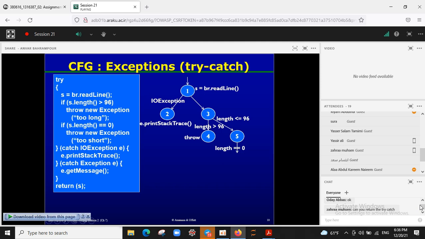So in this state, we go to the throw new exception state, and otherwise we go to another state for executing this conditional statement. If length is 0, we throw a new exception again in state 7, and otherwise